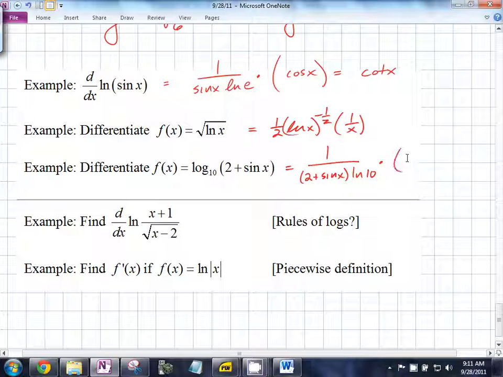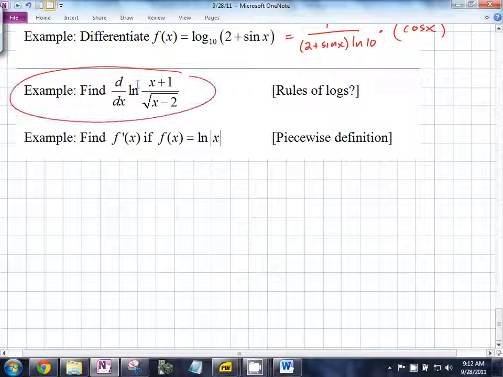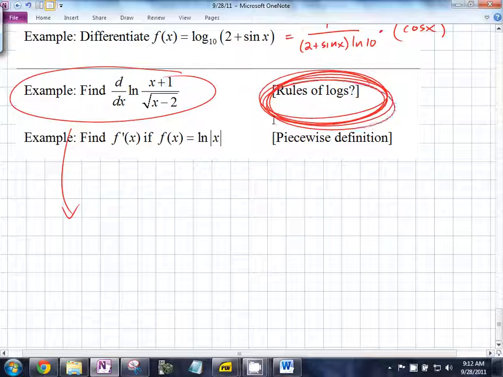Do I like the quotient rule? No. What can you remember? Please remember this. Division is division of logs. When you divide, you can expand it. What? Subtract. Right. So this is the same as d over dx of ln of